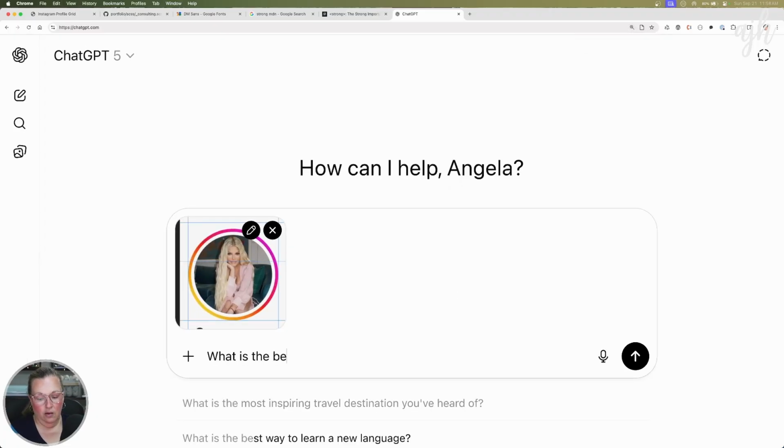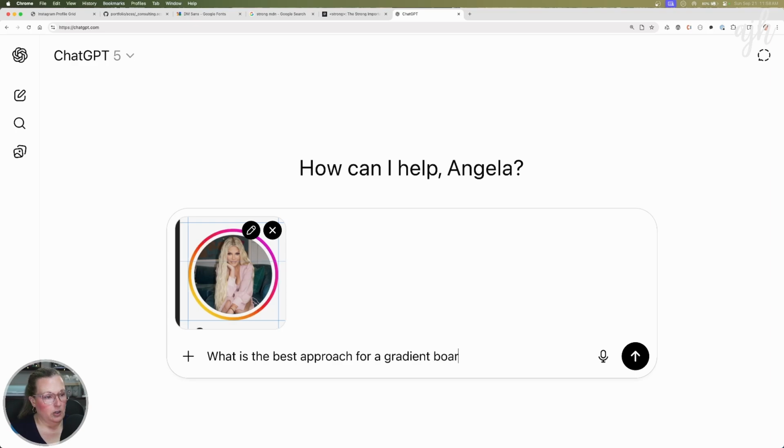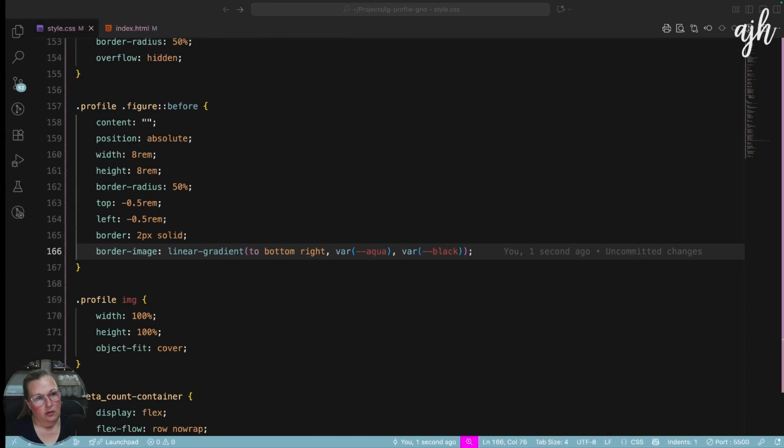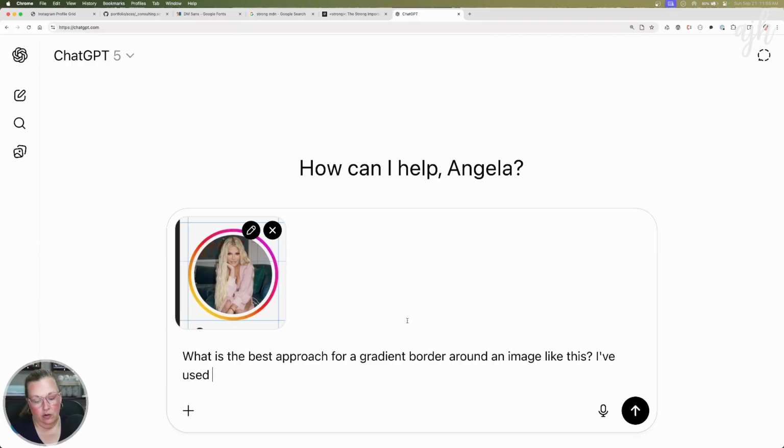What is the best approach for a gradient border around an image like this? I've used, what is it? Border image, border image in the past to fake it,